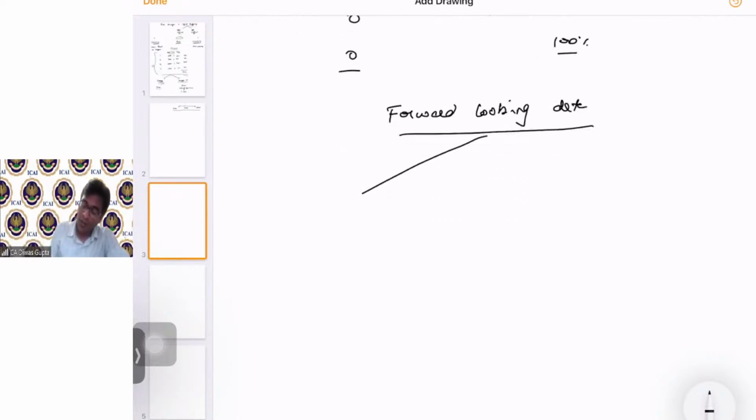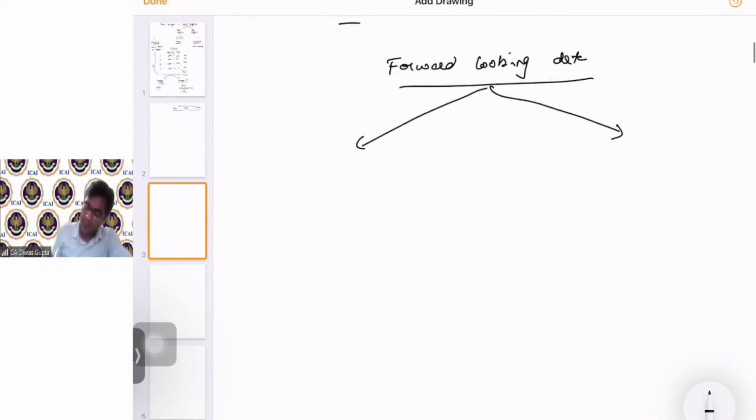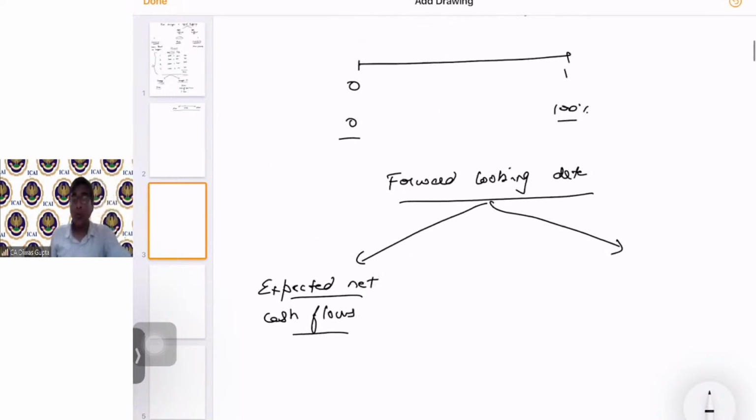Now the formulas that are given. Just note down these formulas. Don't get too caught up with this formula. These are nothing if we just see the explanations. First one is expected net cash flows. Wherever this term called expected appears, it means mean. Expected net cash flows, that is mean of cash flows, which is average of cash flows.